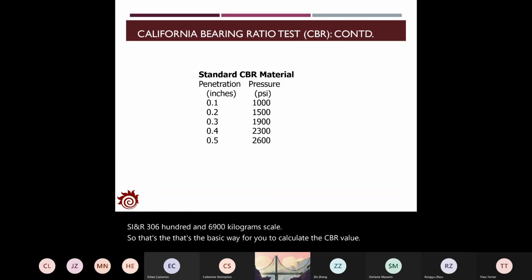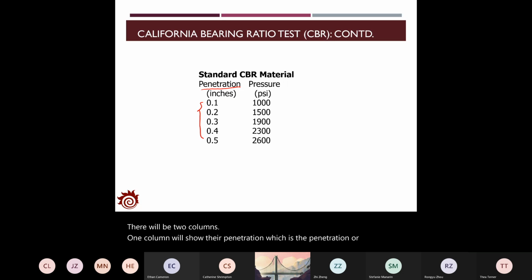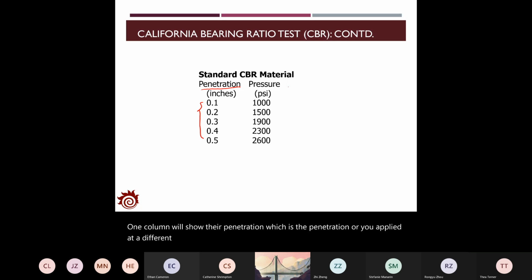But regarding the data analysis, we still need some further processing of the raw data you collect from the experiment. Generally, from the experiment, you can get a data set quite similar to this table. There will be two columns. One column shows the penetration you applied at different loads, and the other is the pressure applied to the sample. So you can find the penetration at different